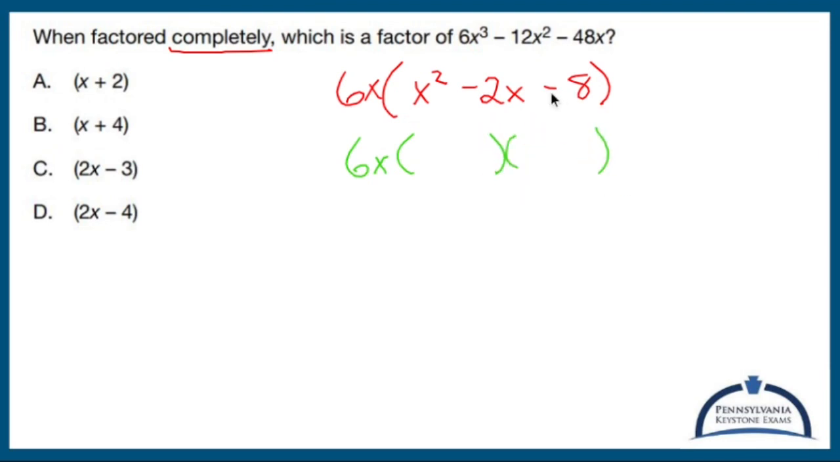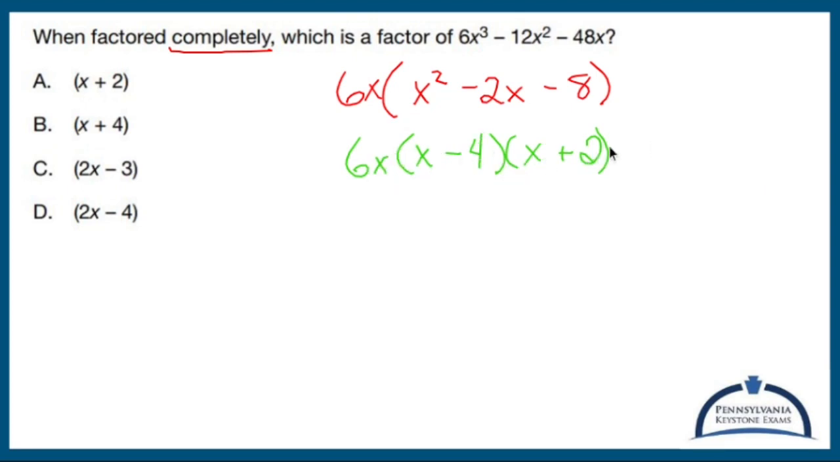Now, are there two numbers that multiply out to negative 8 and add up to negative 2? Yup, negative 4 and positive 2. Negative 4 plus 2 is negative 2. Negative 4 times 2 is negative 8. Throw x's in front of it, and now it's factored completely because there's nothing more that I can do about